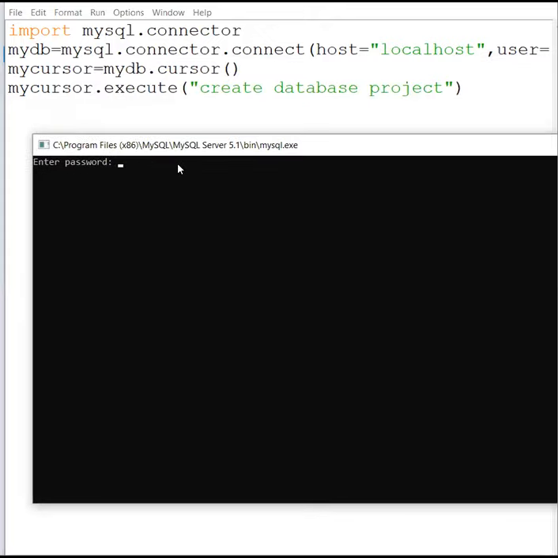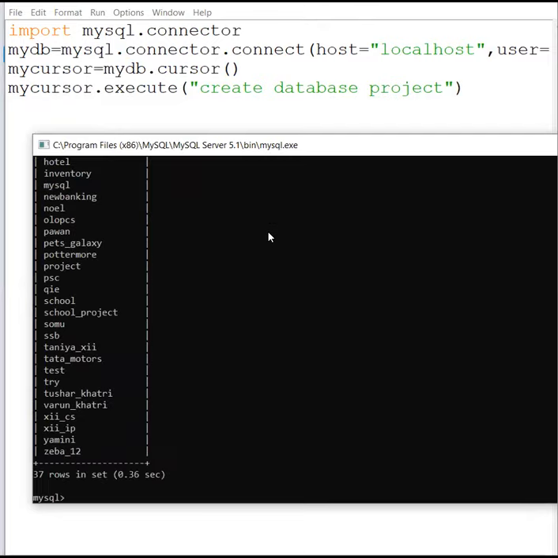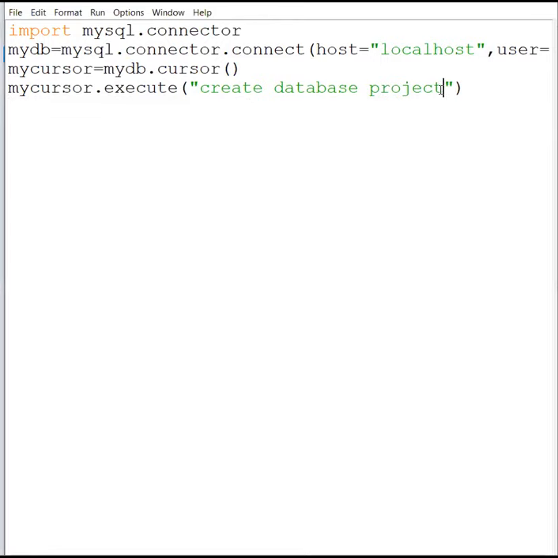I have already opened MySQL also. So first we will check whether it is there or not. We are writing show databases to see the databases available. Project is already there, so I'm writing here project 1. Okay, and I will run this.